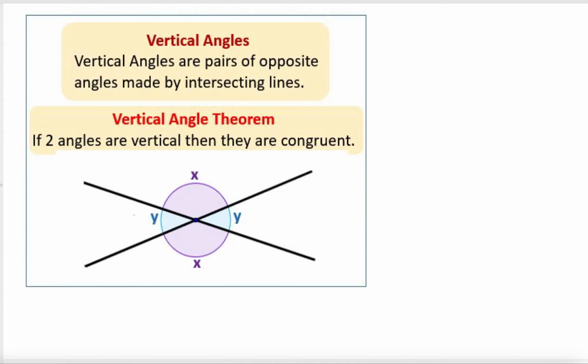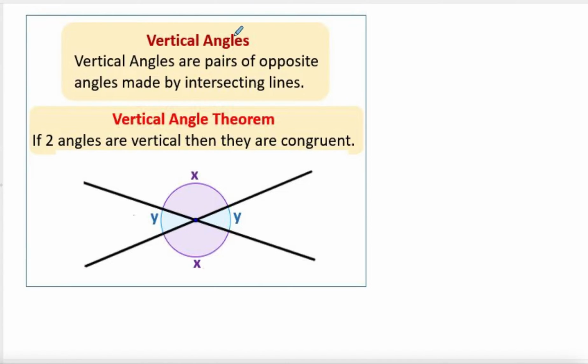We talked about vertical angles this morning, and vertical angles are the pairs of opposite angles. So this angle here and that angle are congruent, right? They have the same measurement, and we can see that this angle and that angle are also the same, and we proved it earlier